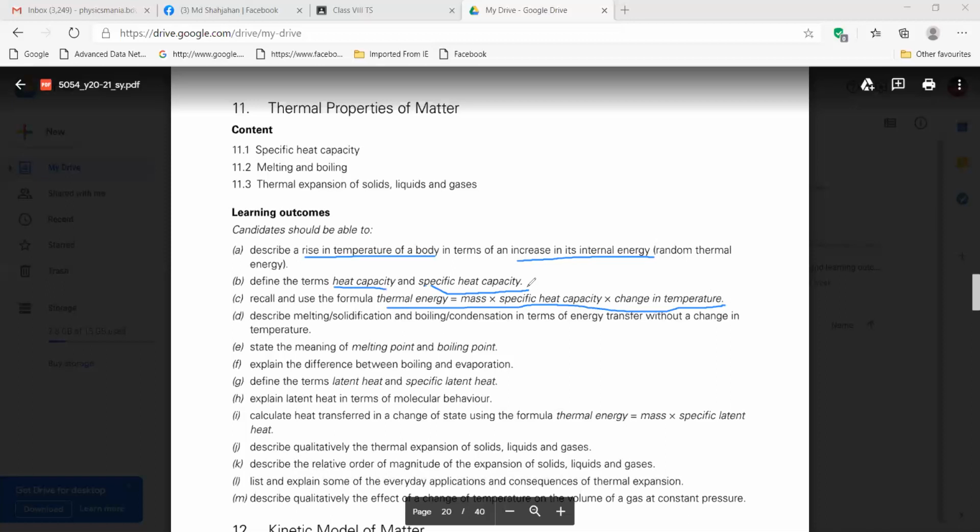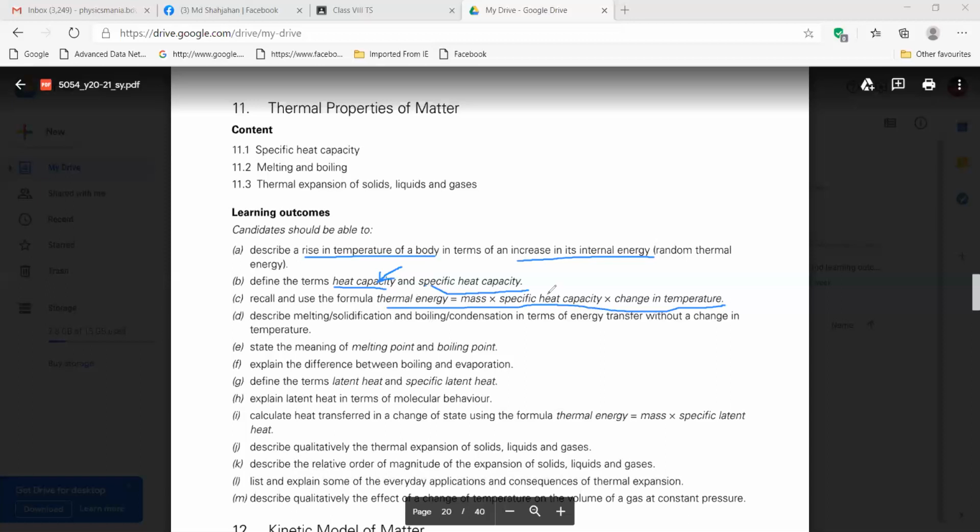In your copy it's written, look. If it is only heat capacity, the ability of any object to increase its temperature by 1 degree Celsius, and its specific heat capacity, the ability is for 1 kg. So heat capacity is for the whole object, right? Yes, sir. And specific heat capacity is for 1 kg. Very good.